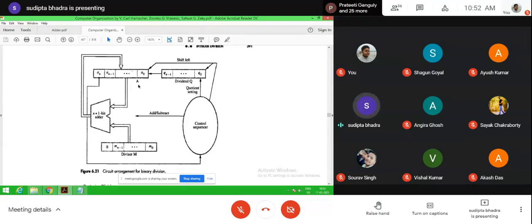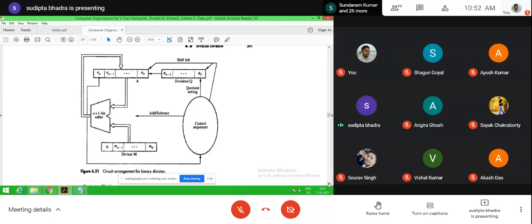In restoring division, we have seen that if there is a negative number, then we add the divisor again. If there is a positive number, then we do not add, and then we do the shifting. So ultimately in this A register we get the remainder, and in the Q register we get the quotient.